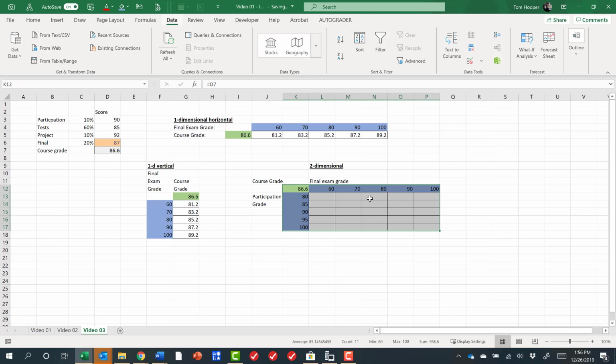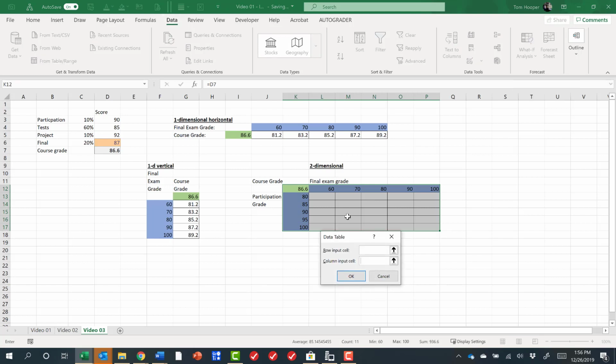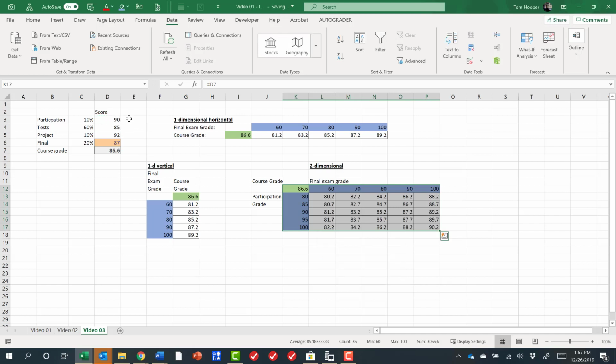So if I do Alt-A-W-T, the row input cell is where I want the final exam grade to go. And the column input cell, we'll treat that no longer as a constant, but we'll treat the participation score as another input to our model. I won't bother to change the format. And it looks like our range, if we could get a 100 on the final exam grade and our participation grade came in at 100 versus the 90 we had expected, wow, that would put us just over the edge